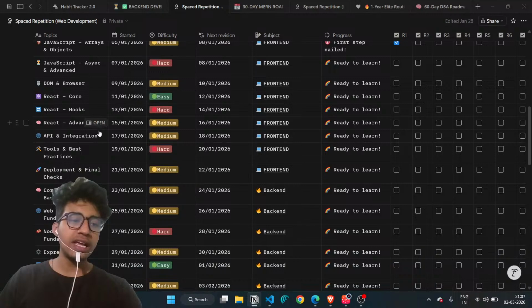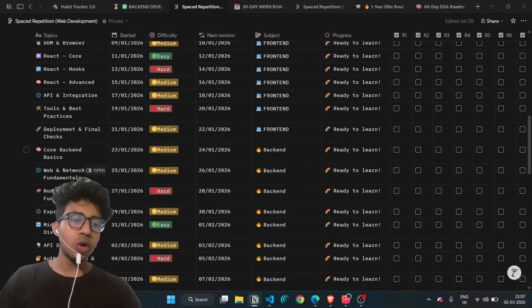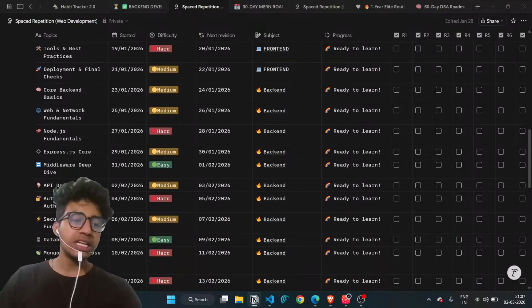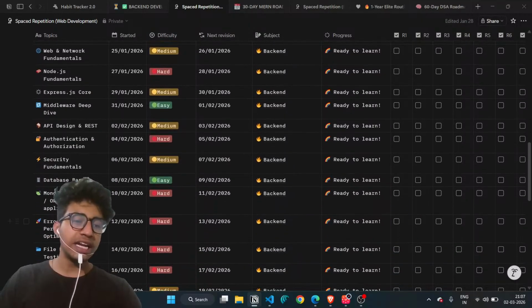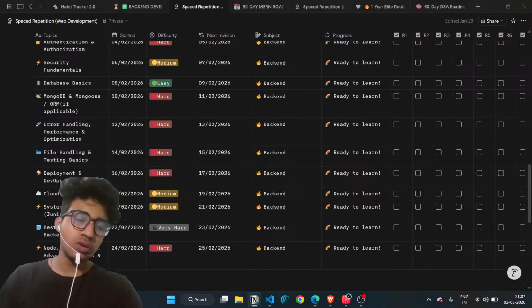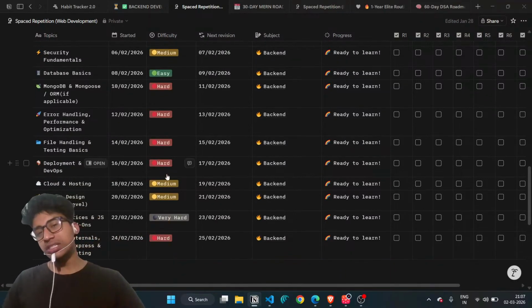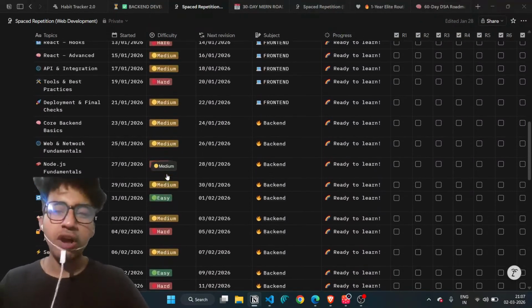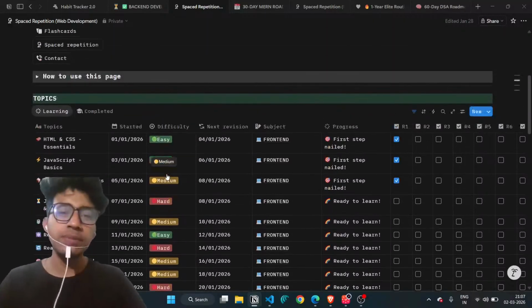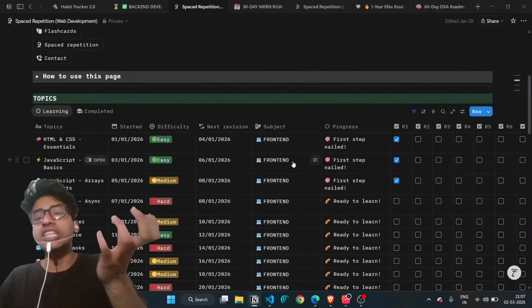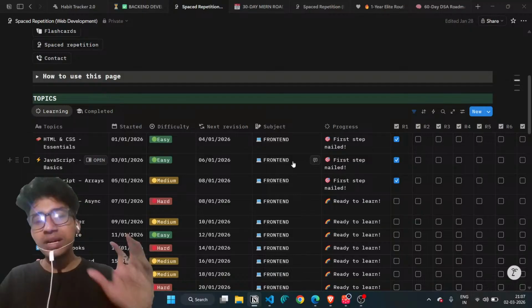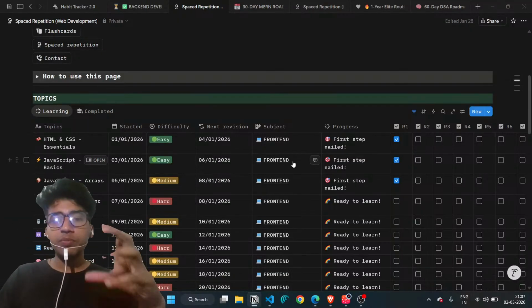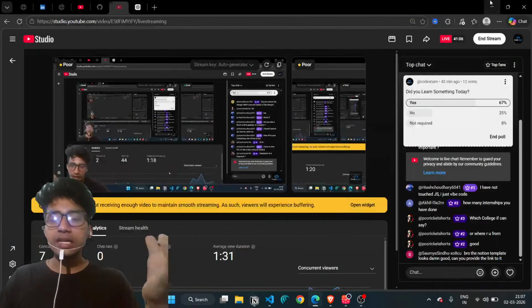this is the React concept. Then here we have just a basic deployment check. Here is the core backend: Node.js, Express.js, security and deployment, and a little bit of cloud hosting. So I just need these concepts if I want to become a full stack MERN stack developer. This is the basic, essential thing that I need to know. It is not complete, because this content is created via the